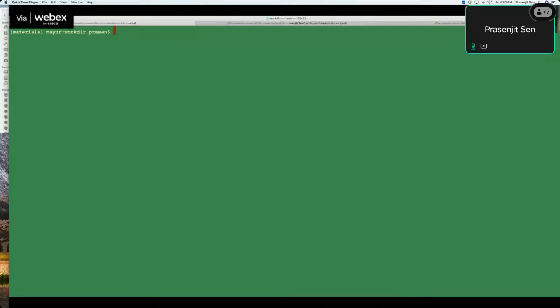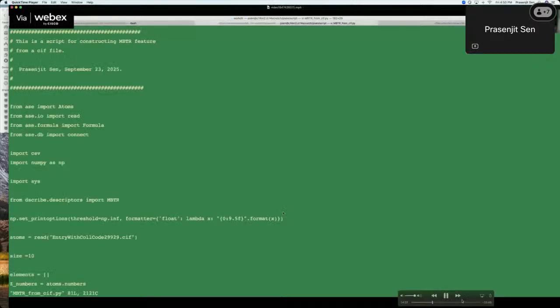So let me try to, I hope you can see it. I'm sharing my terminal. So this is a script which constructs MBTR if you give a structure in the form of a CIF file. We have seen how structures are stored in JSON files, but I have not shown you CIF files, but it's a very standard format,